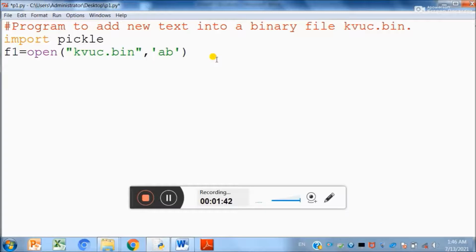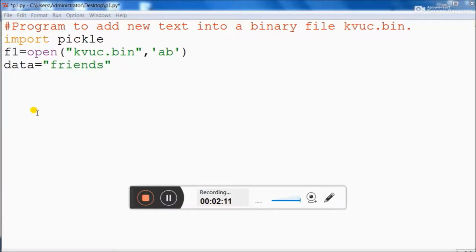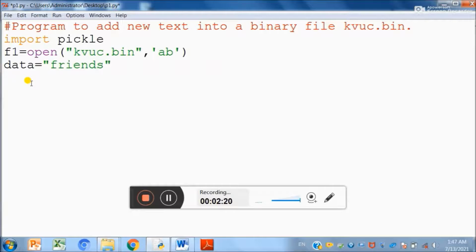Now we are taking a variable where we can store data which we want to print. Suppose we want to print friends. So we want to add this data, friends, in that file kvc.bin, right? Now the next line will be for writing this data into this binary file, right? So we will use